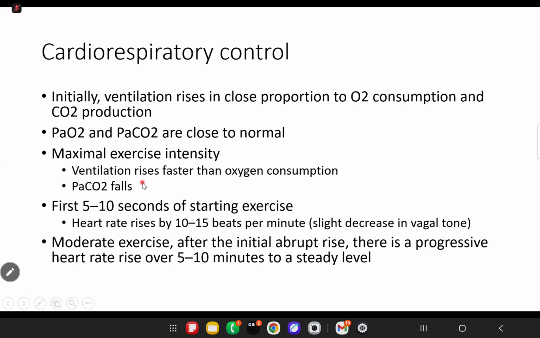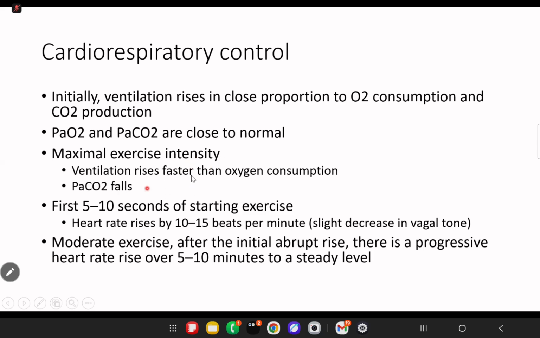Okay, so I think we have gone through all of this. So I'll just read it through. Initially ventilation rises in proportion to oxygen consumption and CO2 production, and therefore PaO2 and PaCO2 are close to normal, which we discussed. And then at maximal exercise intensity, we have ventilation rising faster because now there's anaerobic metabolism